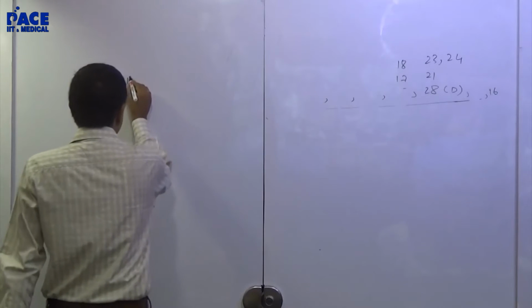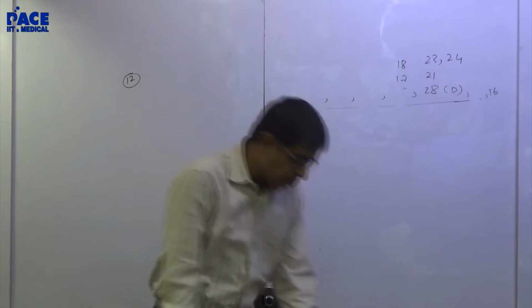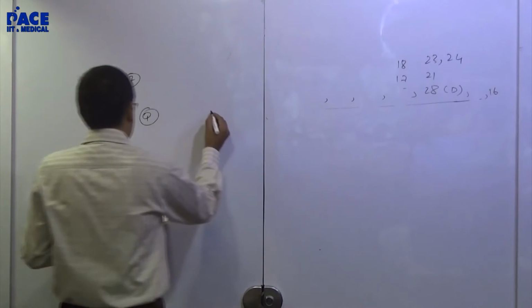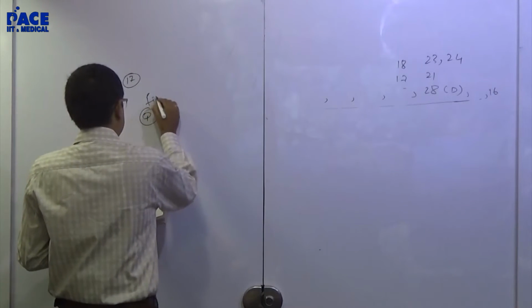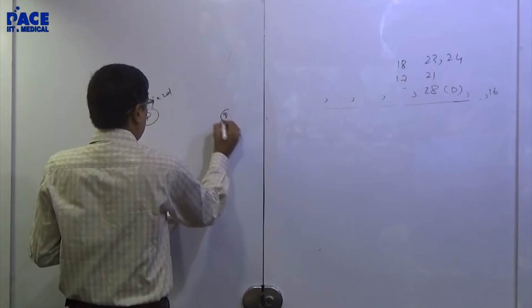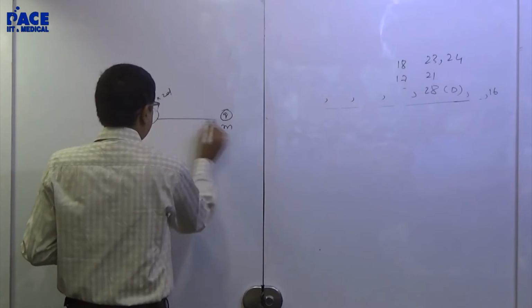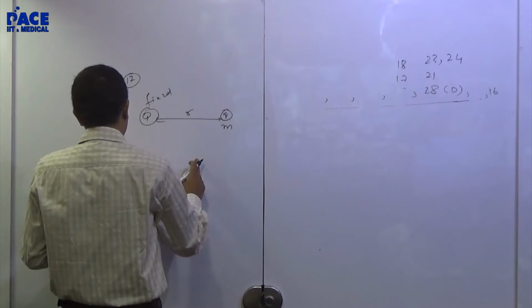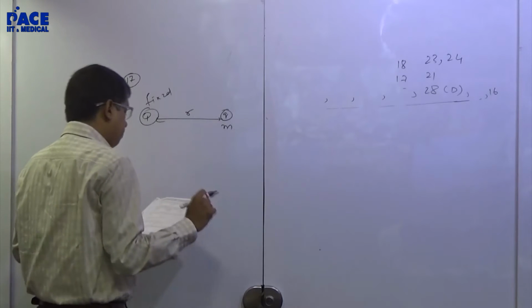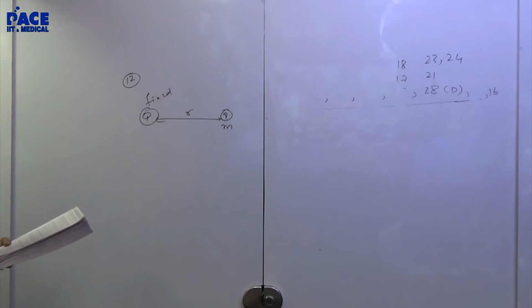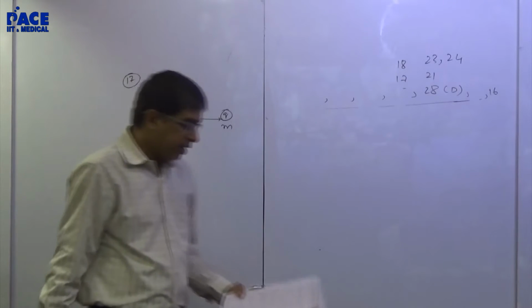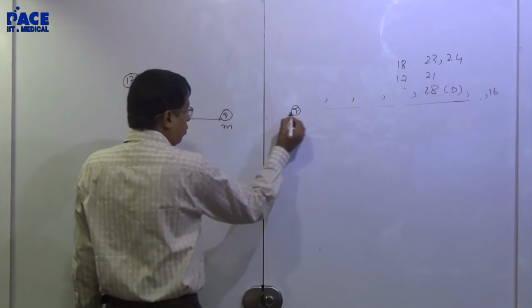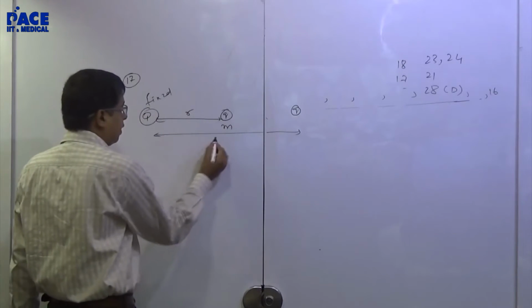No, 17. Impulse, change in momentum. Capital Q is held fixed. Small q of mass m is released from a distance of small r. Impulse of the force exerted by the external agent on the fixed charge. By the time the distance between this and this becomes 2r, you released it from here. When it comes to a distance of 2r,